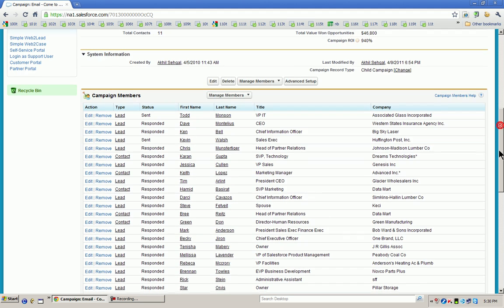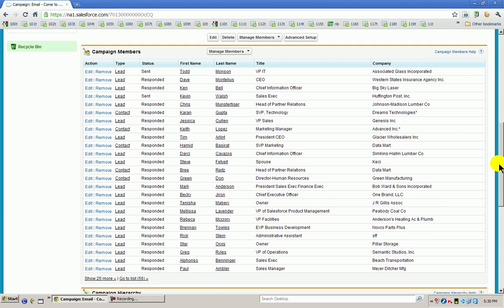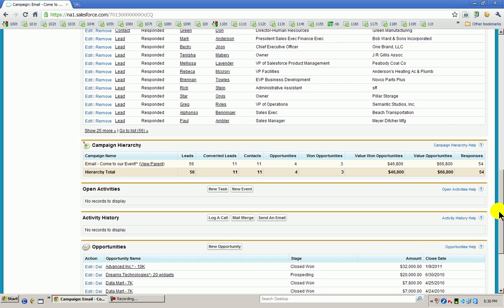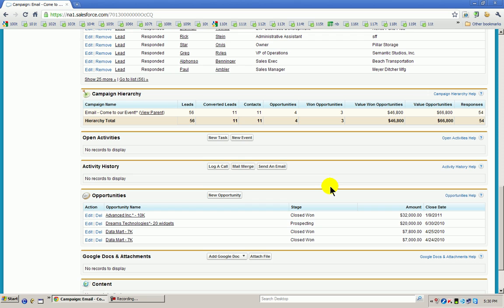Now, therefore you get campaign members. You can see the leads you have generated through this campaign. Now, out of these leads, what is the status? These are the opportunities you have generated out of those leads. First it becomes a lead, then it becomes an opportunity. And what is the stage of the opportunity? You have already closed this opportunity. You own this opportunity. This one is in prospecting stage. This is the value of the opportunity.